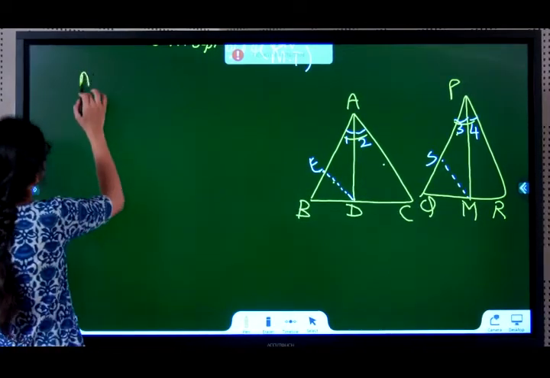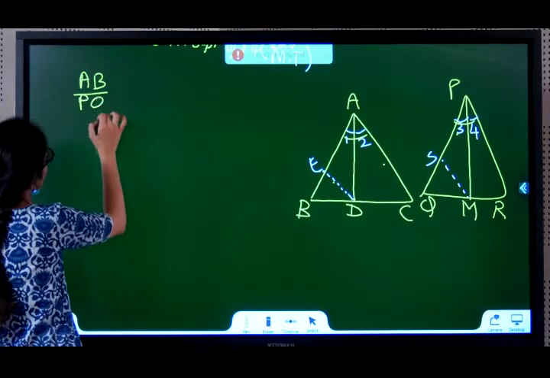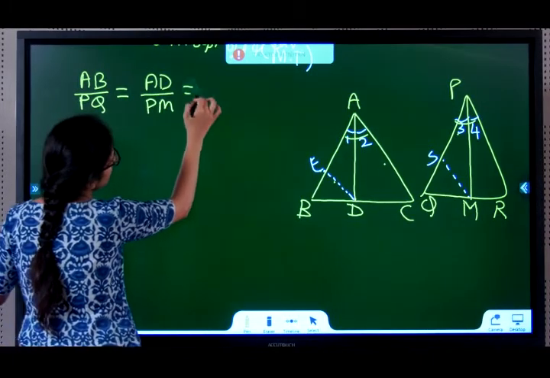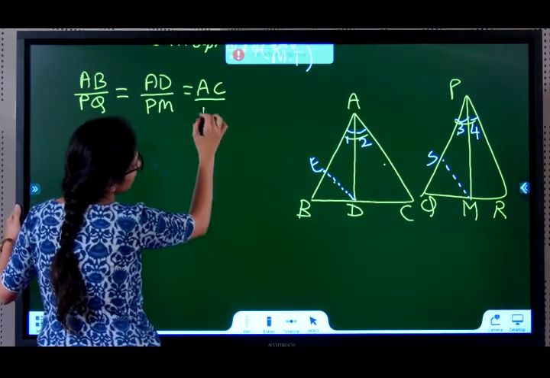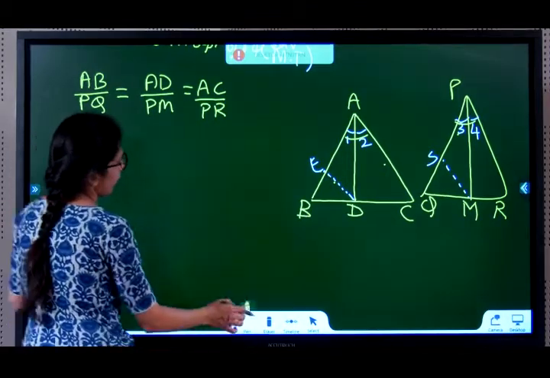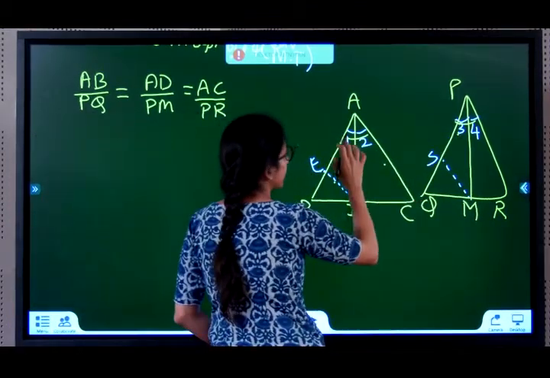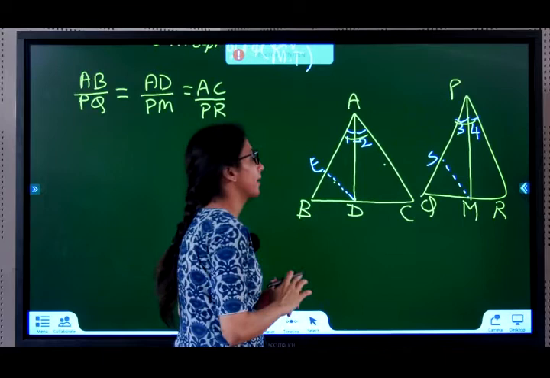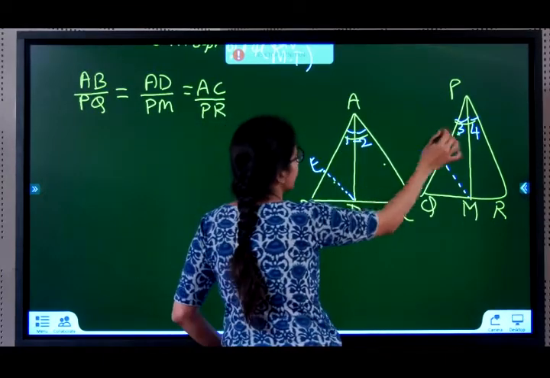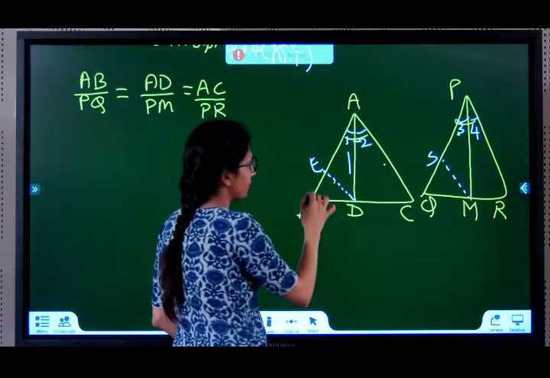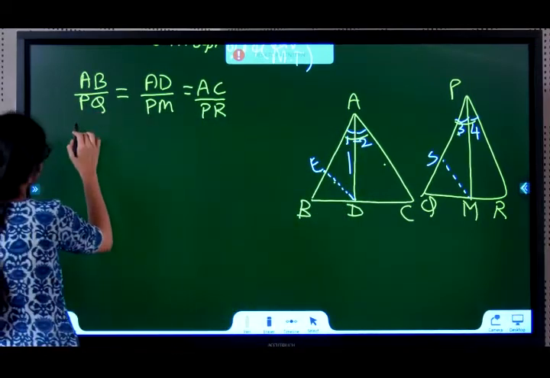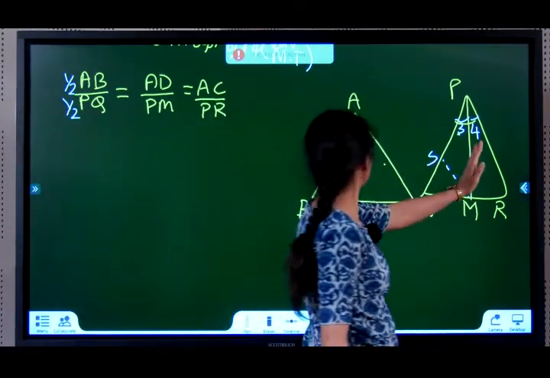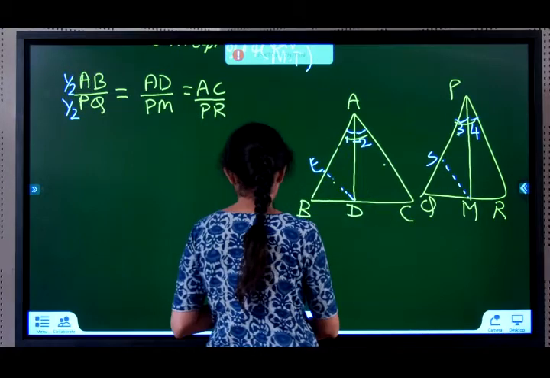First of all, it is given that AB by PQ is equal to AD by PM is equal to AC by PR. I want to prove angle 1 equals angle 3 so that I can somehow prove, then I'll prove 2 equals 4 and get this plus this is equal to this. So I want to prove angle 1 equals angle 3, so I want this triangle. I don't want AB, I want AE. So I'll put half and half here. Okay. Do I want AD and PM? Yes, I do. I do want AD and PM. So we leave that part as it is.